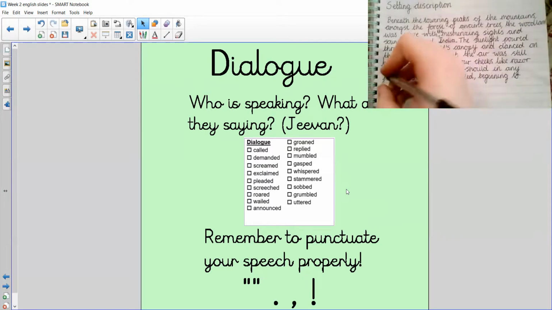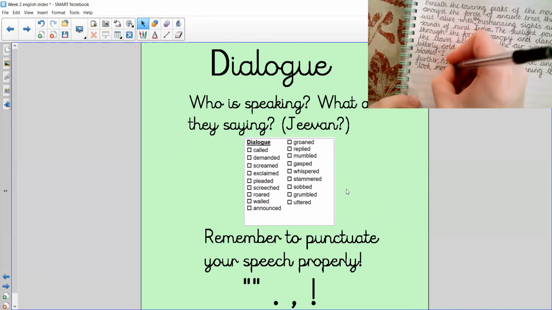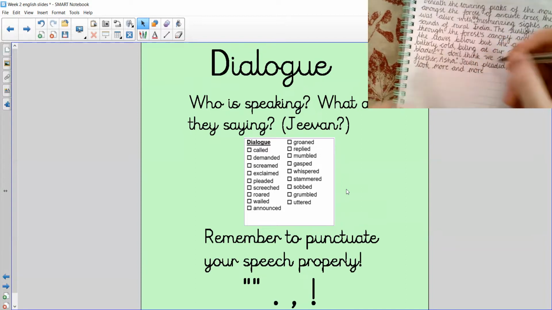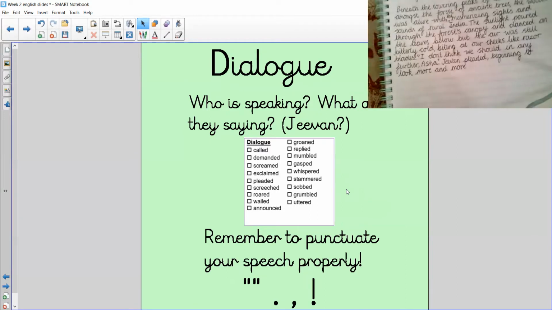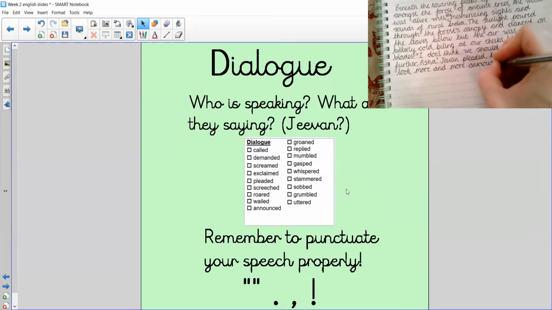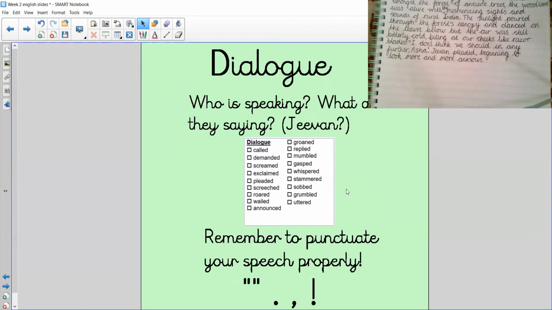If you look, and more, now, I think that Jeevan is beginning to look more and more worried, but I want a better word than worried. What better word could I use? Well, I might go with that emotion word, anxious, because that is how Jeevan is feeling right now. He's feeling a bit anxious. Okay, full stop. So I've got inverted commas, I don't think we should go in any further, Asha, full stop, inverted commas, Jeevan pleaded, beginning to look more and more anxious.